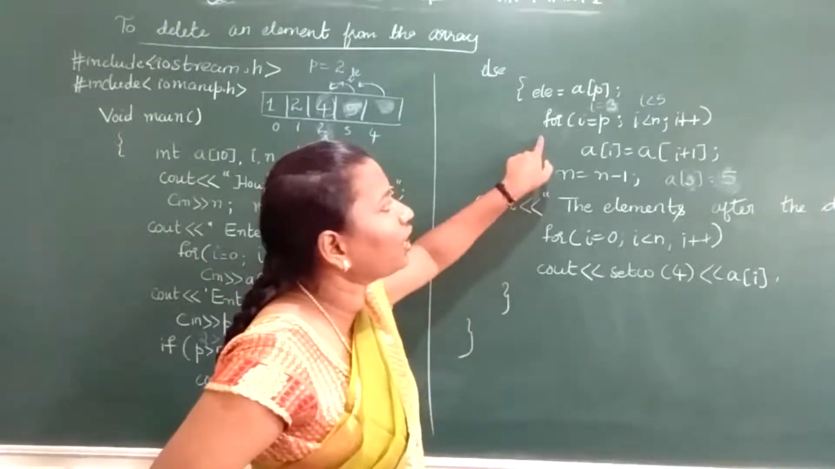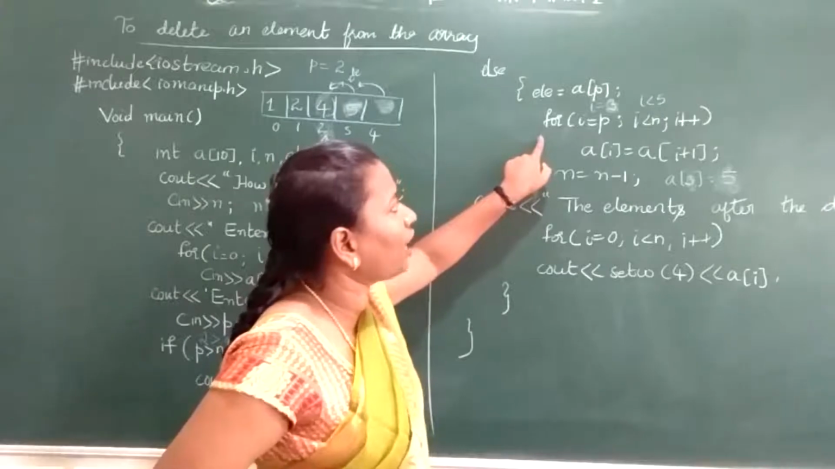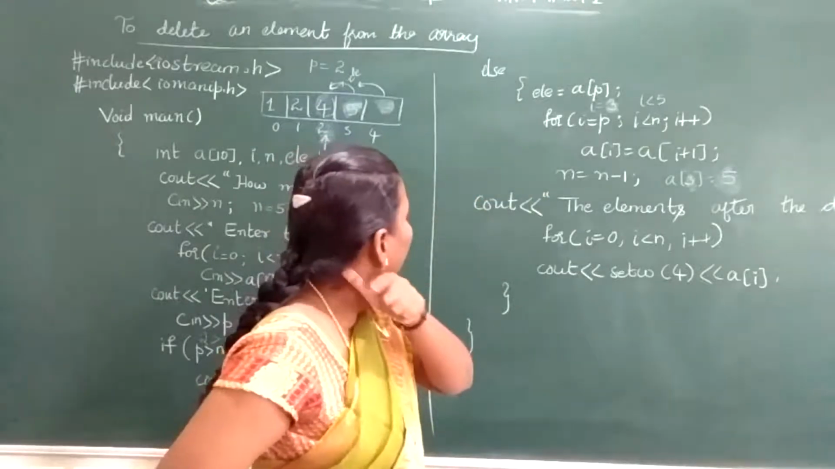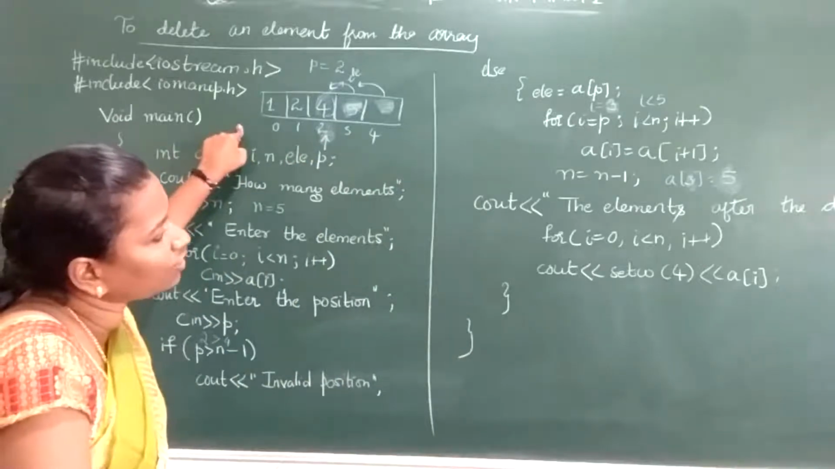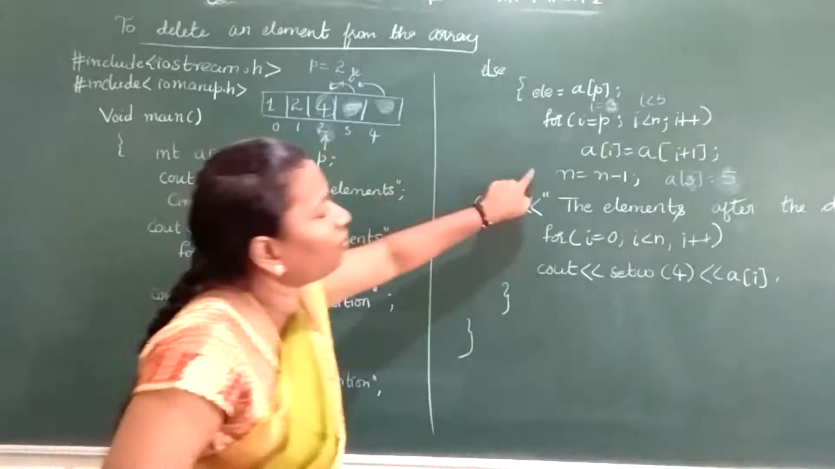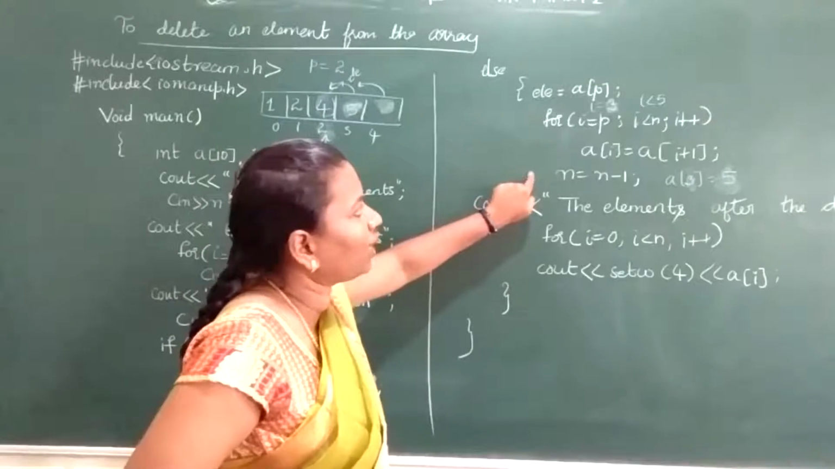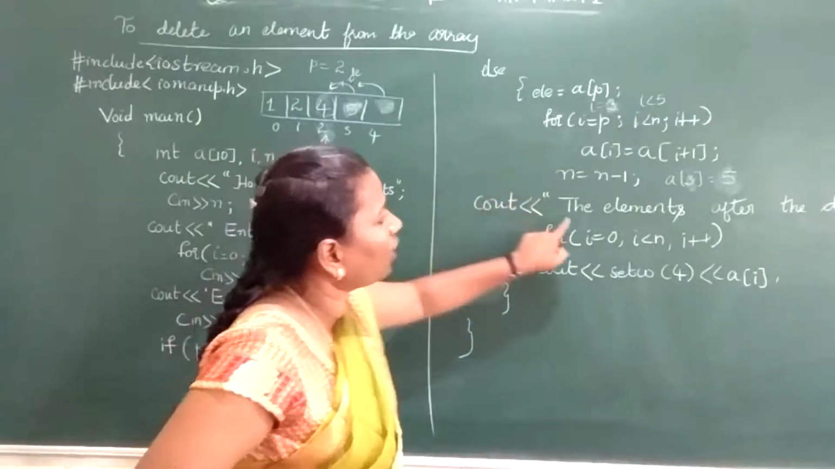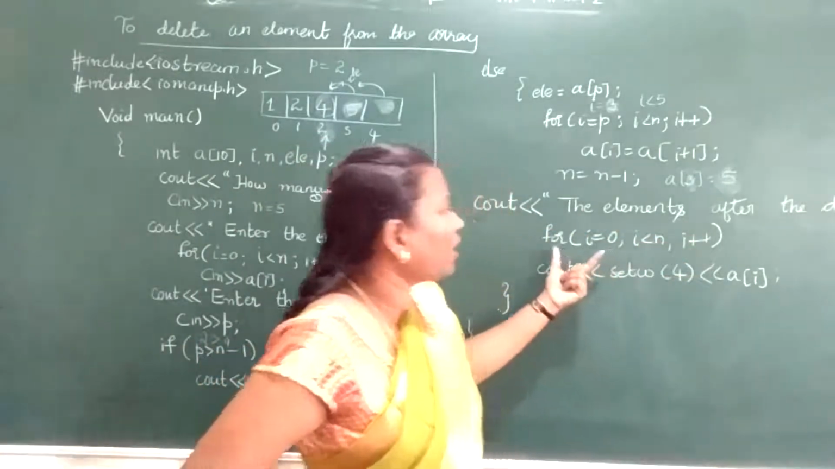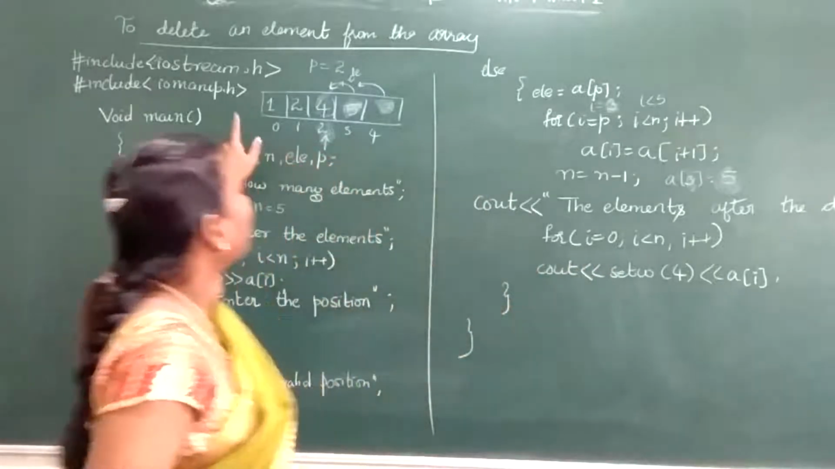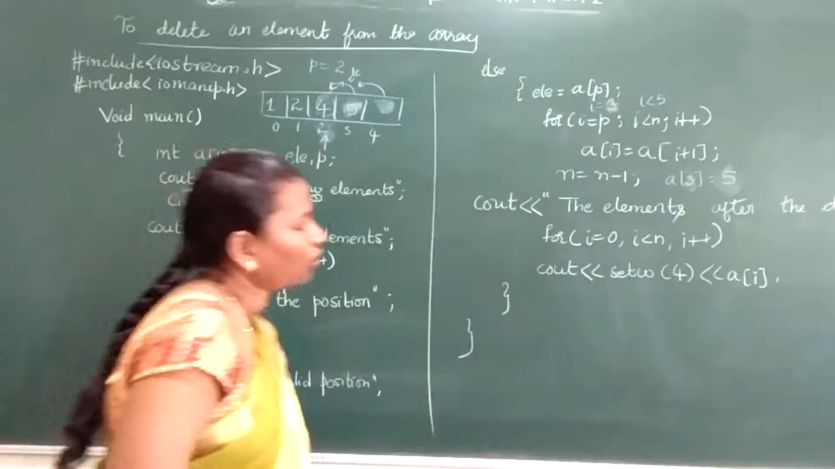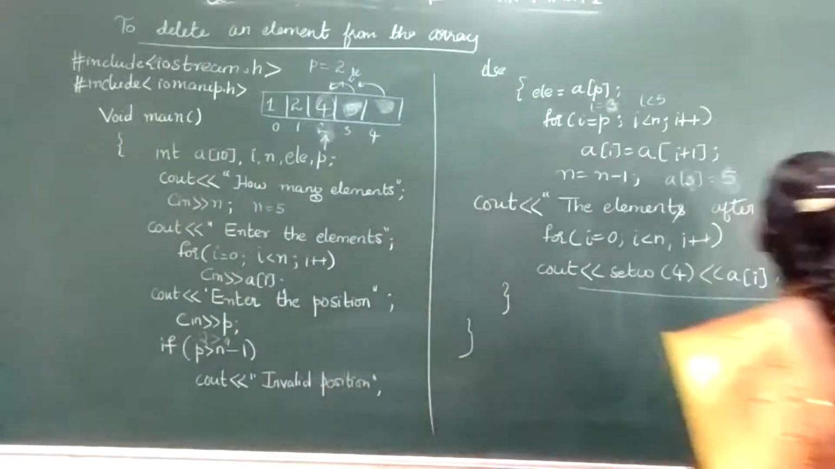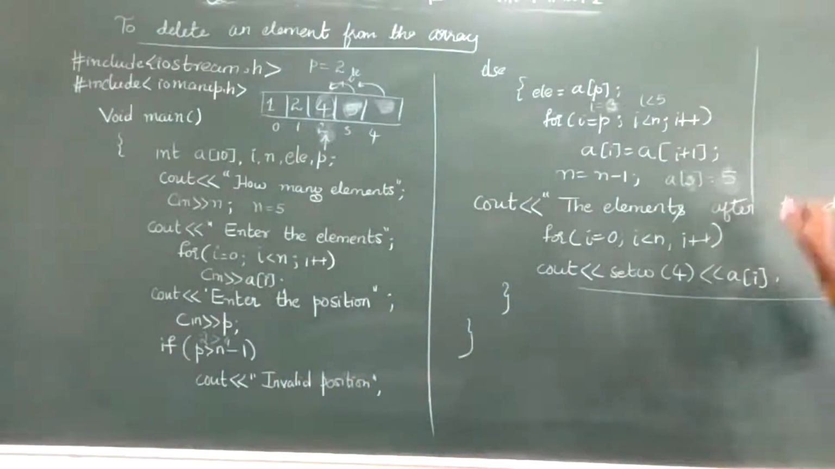Now again the i value gets incremented. What is the i value? 4. But we don't have any more elements, so the condition fails. So now n will become n minus 1. The elements after deletion are 1, 2, 4, 5. Now when I write the output for this program,